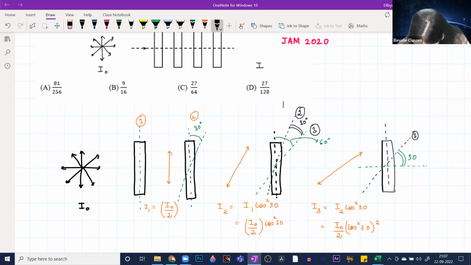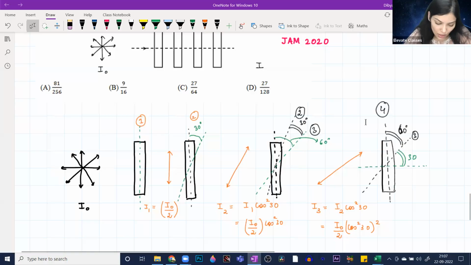अब ये एंगल 60 हो गया है, जो कि होना भी चाहिए, because we rotated it once by 30, then again by 30, and then again by 30, right? So this is my fourth polarizer, और यहाँ पर the pass axis is now parallel to the x axis, ठीक है. So अब मेरा output में मुझे क्या मिलेगा, this is what I'll get on the output beam, which is